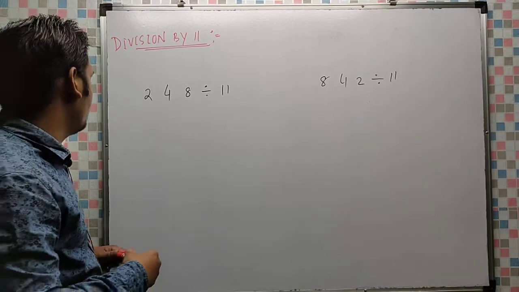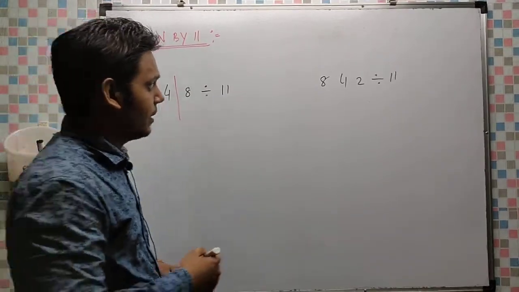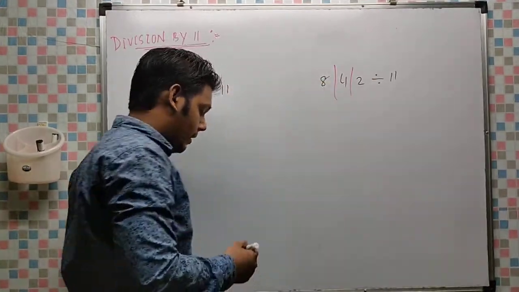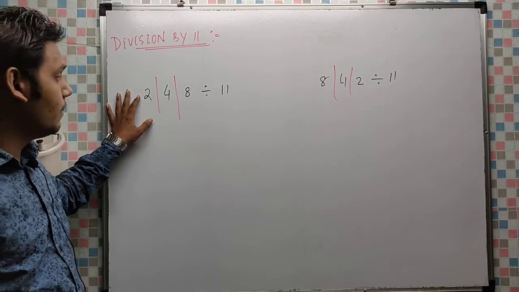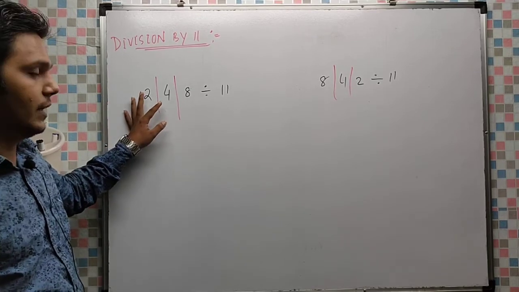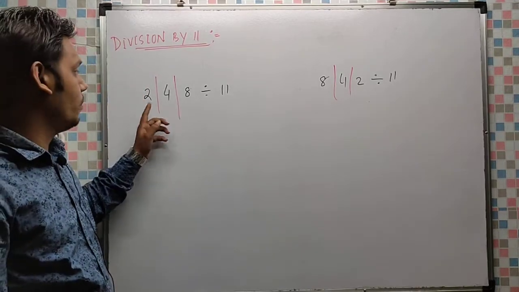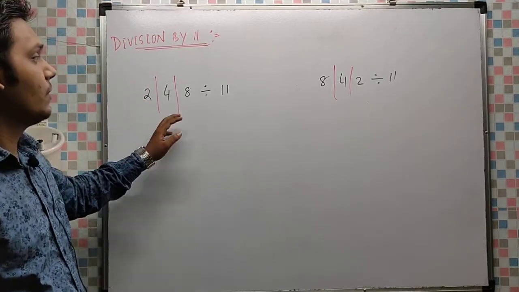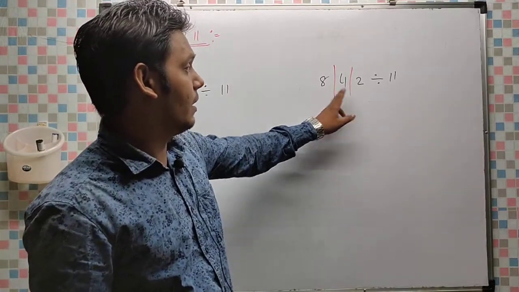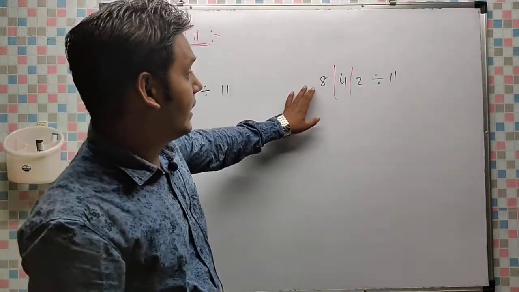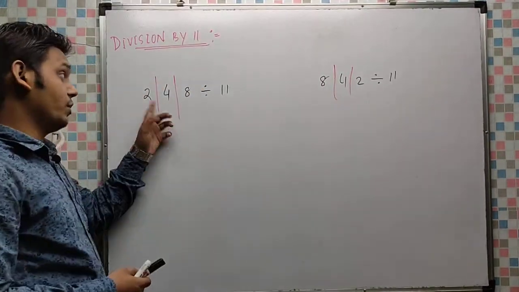First step, you have to separate all the digits. And next, you always have to check whether the next digit is greater than the previous digit or not. That means 2, next is 4, 4 must be greater than 2. Otherwise, here 8 is greater than 4, that means the next digit is smaller. Then you have to make it bigger by taking 1 from the previous place.